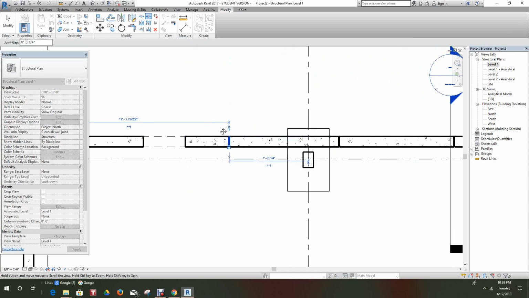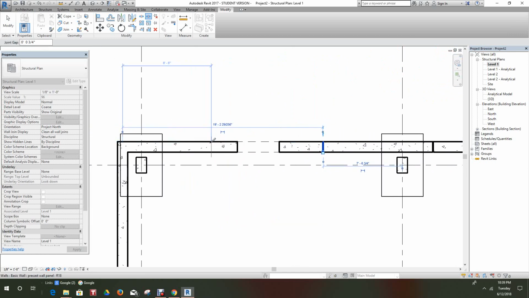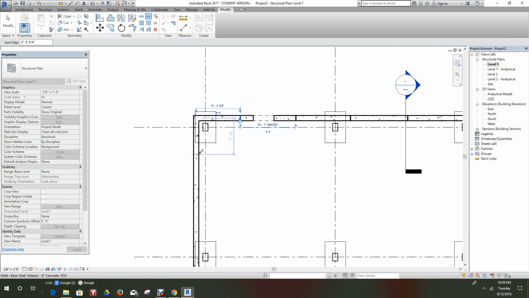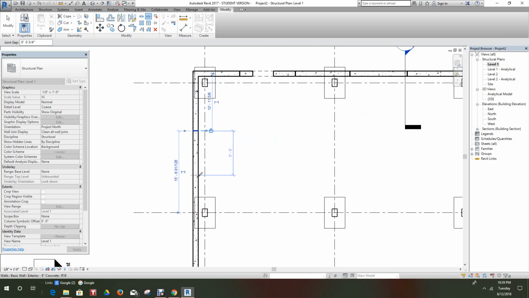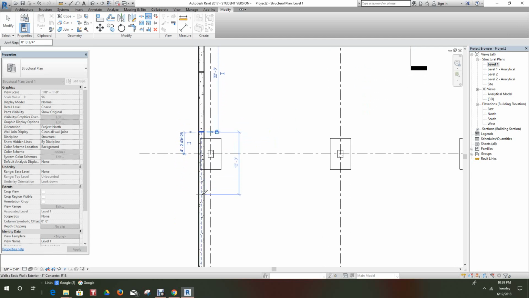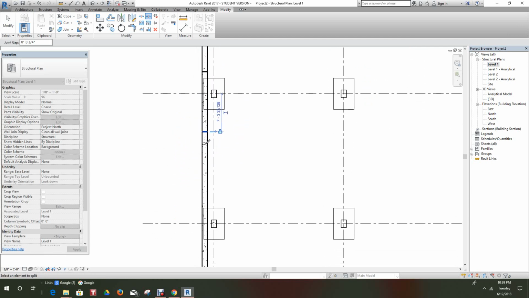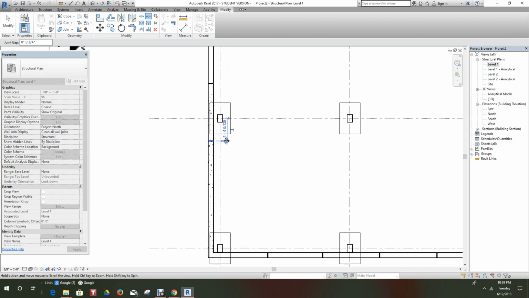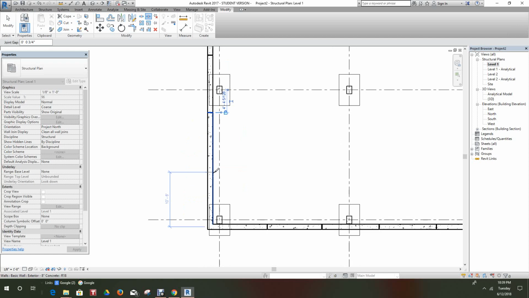For that opening, we want to go right center opening. That's good. And then we want to go this way. Let's go 11. Another 11. 11, 6. Oh, that's too big, but that's okay. It can be modified. 11. 11. I mean, to me, this was the best way I would do precast panels because they have many different